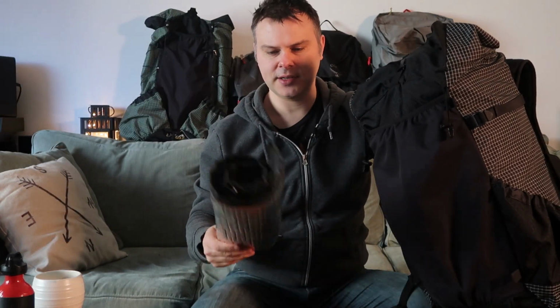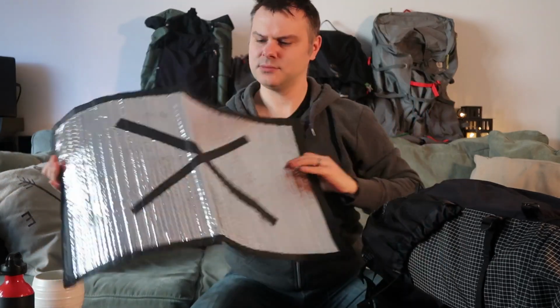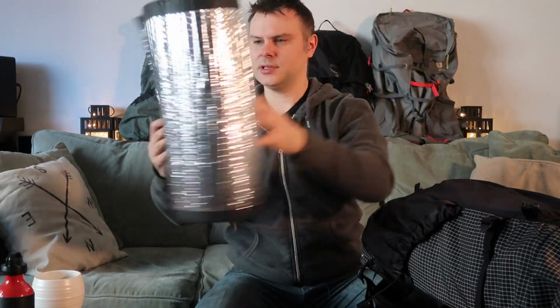And this is just a Reflectix mat that I made, which I use just for kneeling on. So go like this. Tape underneath acts as a little grip. But yeah, this thing works great. I can also sit on it, use it as a seat. And on the inside,